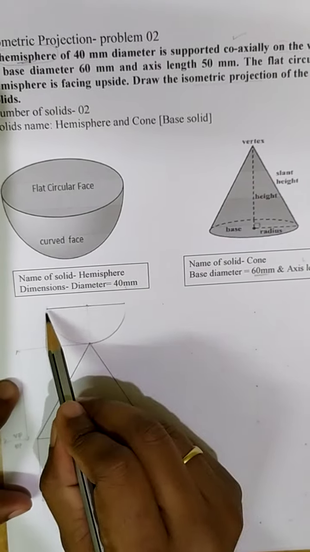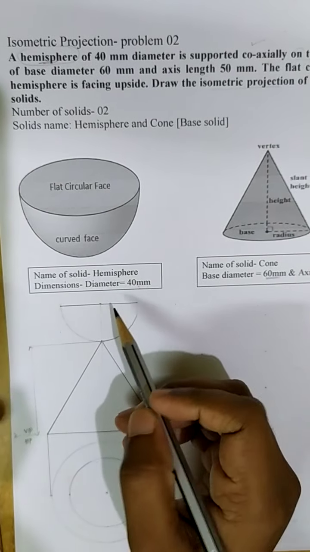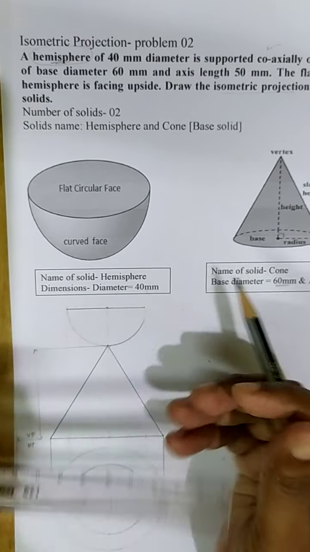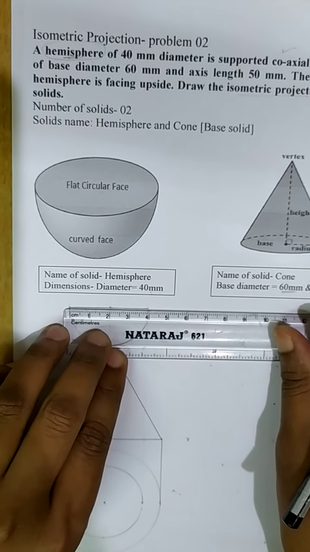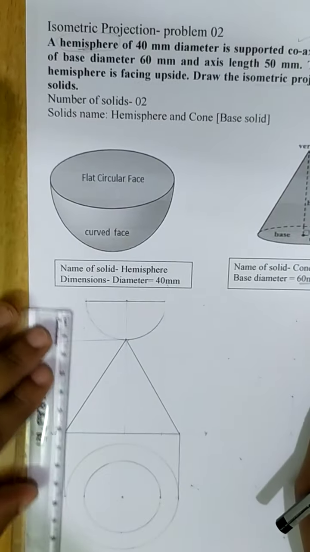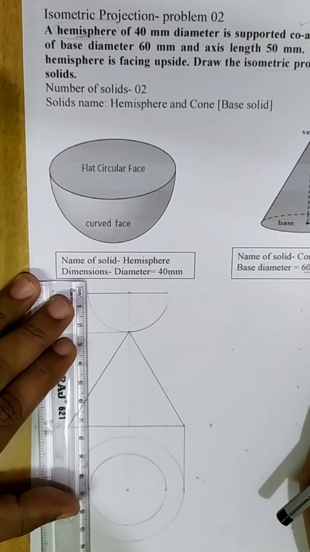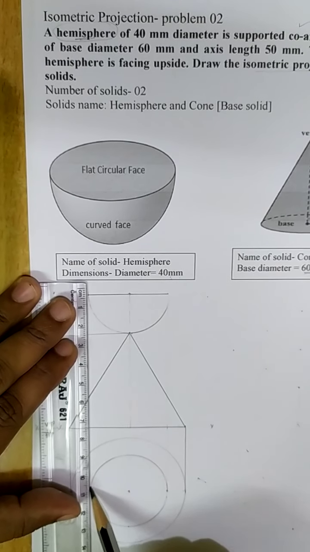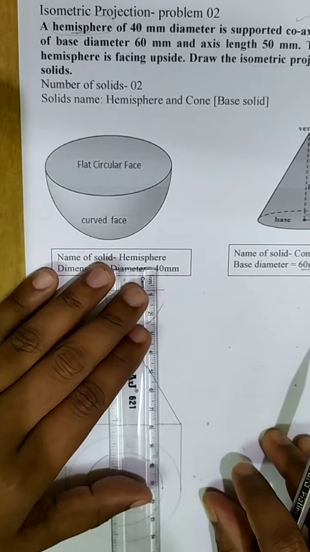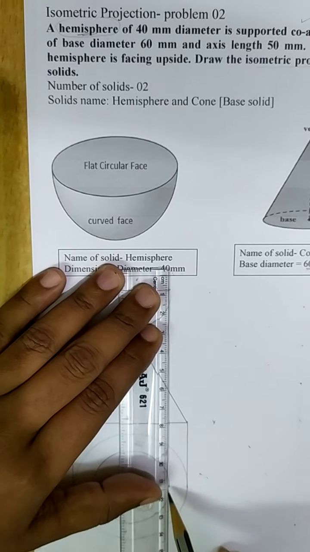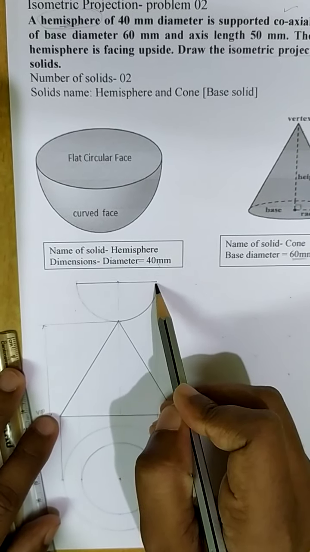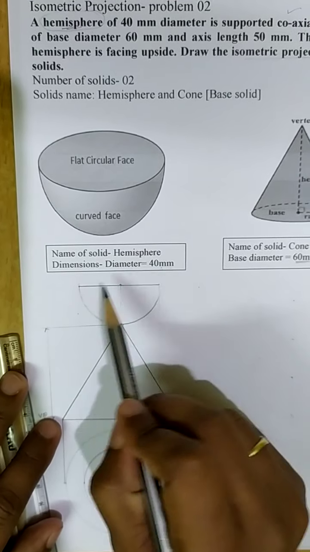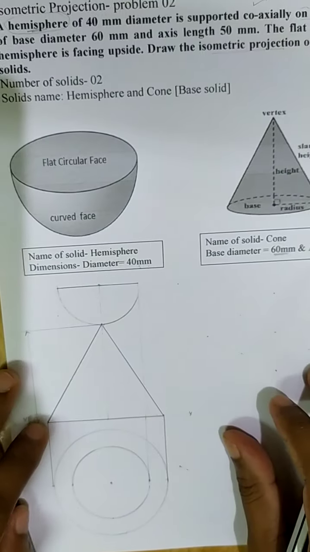Okay. So how much distance we have taken, that I forgot to tell. We have to take 40 mm. With this point as the center, you take 20 on either side. This way we can do. Otherwise you take the projections from this inside circle. So take the projections. I have taken that. From this point again you take the projections. Now these two end points give you the diameter of the hemisphere.